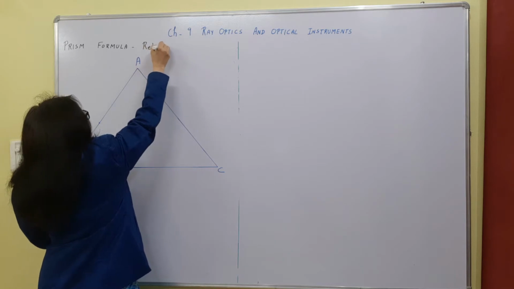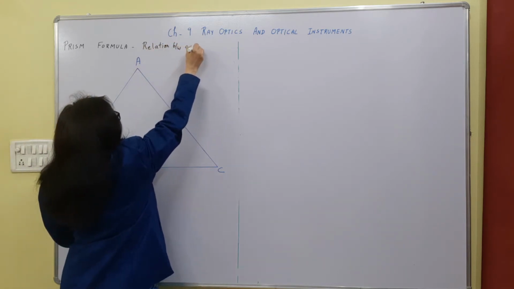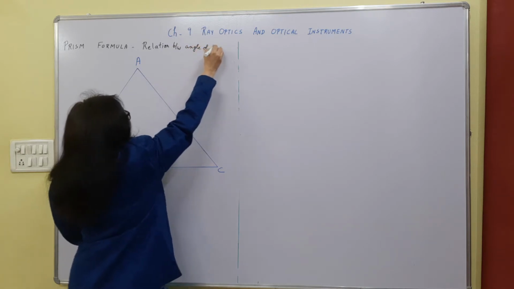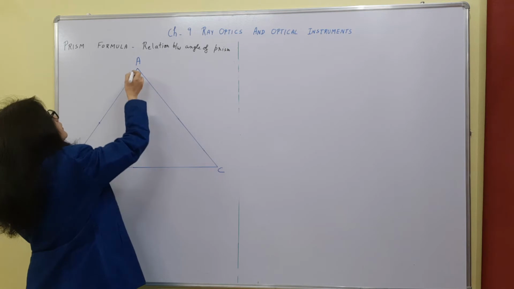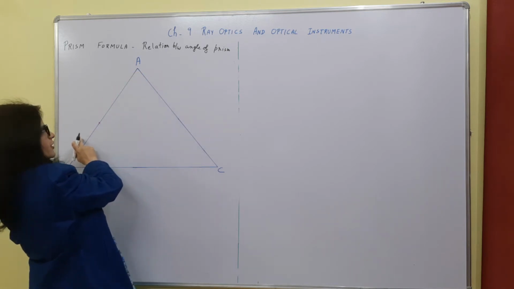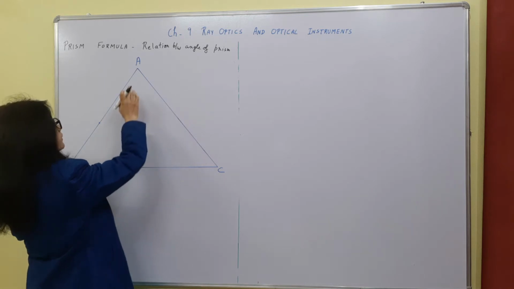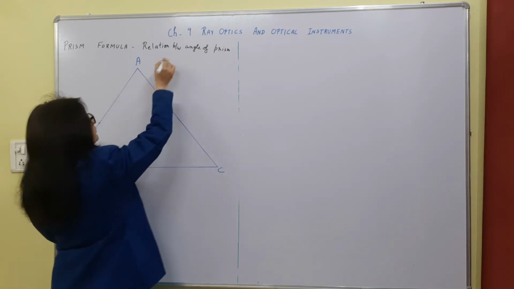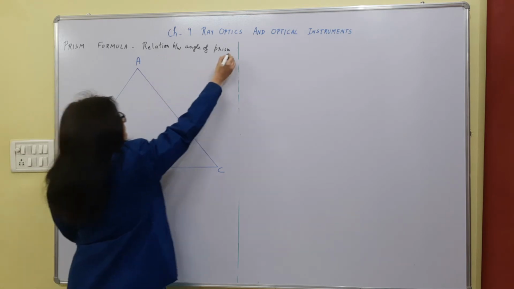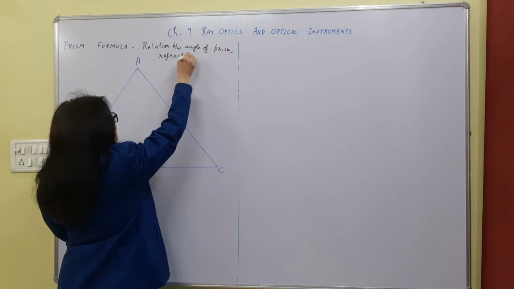This is a relation between angle of prism. What is angle of prism? This is the angle of prism. If this first face is refracting here, the second face is refracting here, and the angle between these two faces is the angle of the prism. The relation between angle of prism, refractive index of the material,